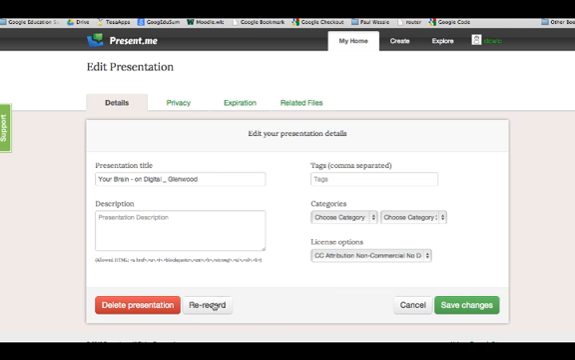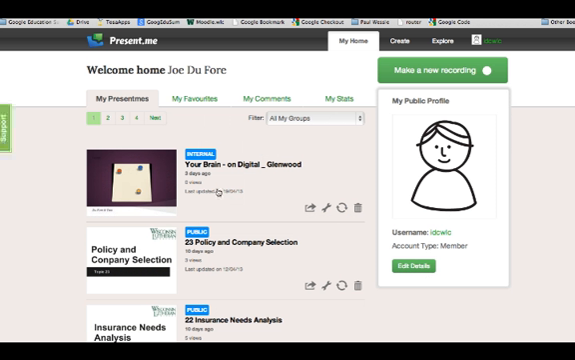At this point, I can re-record if what I listened to was not exactly what I wanted, or I can save changes if I've made some edits to my tags and things. I'm actually going to hit cancel. I'm going to back out to this part right here, and I'm going to show you how to embed this